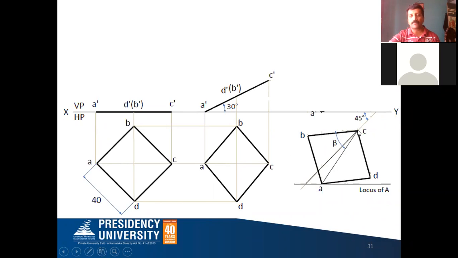You take this true length, and after drawing the 45-degree line, you can take any one point and call this as the point C. Now take this AC as the distance, C as the center, and cut this 45-degree line. After cutting the 45-degree line, you locate a point, and from this particular point, you draw a horizontal projector line. You call this the locus line.